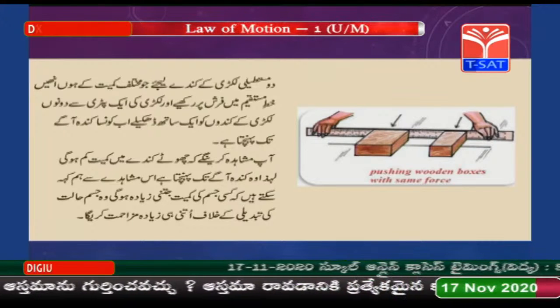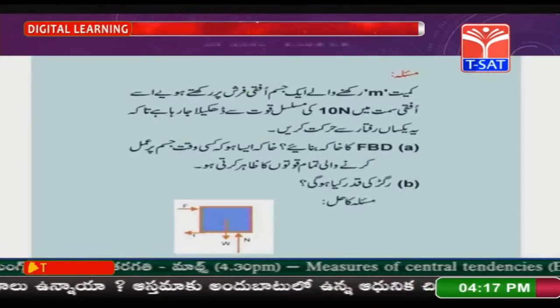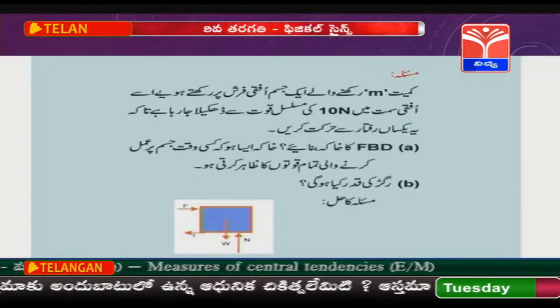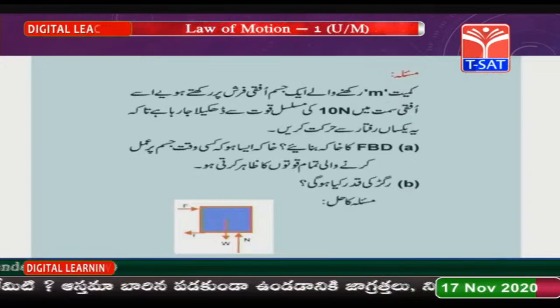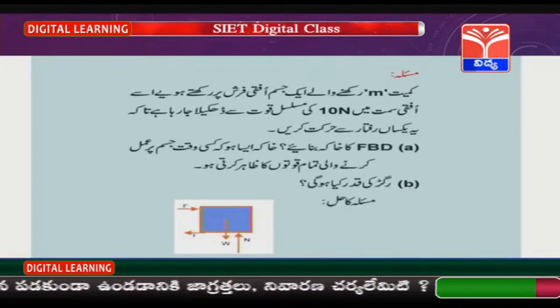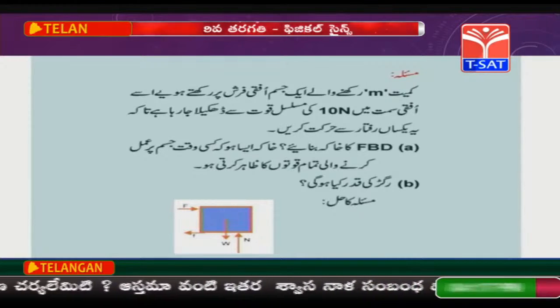چلیے بچوں، جمود کو سمجھنے کے لیے ایک اور سلائیڈ دیکھتے ہیں۔ مسئلہ: کمیت m رکھنے والے ایک جسم کو افقی فرش پر رکھتے ہوئے اسے افقی سمت میں 10 نیوٹن کی مسلسل قوت سے دھکیلا جا رہا ہے تاکہ یہ یکساں رفتار سے حرکت کرے۔